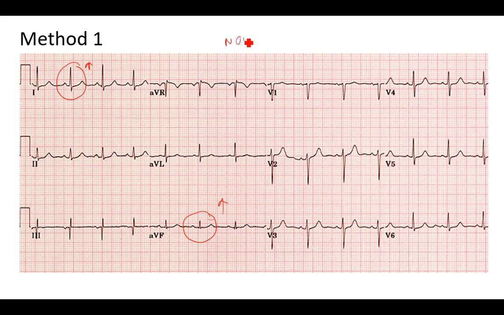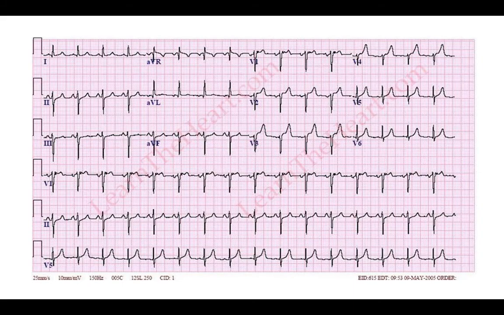Now come to the second ECG. Here you can see in lead 1 the deflection is upwards, so left thumb is up, and in AVF the QRS deflection is downwards, so right thumb will be down. The axis deviation will be towards the up thumb side. Here your left thumb is up, so it is a case of left axis deviation, correct?